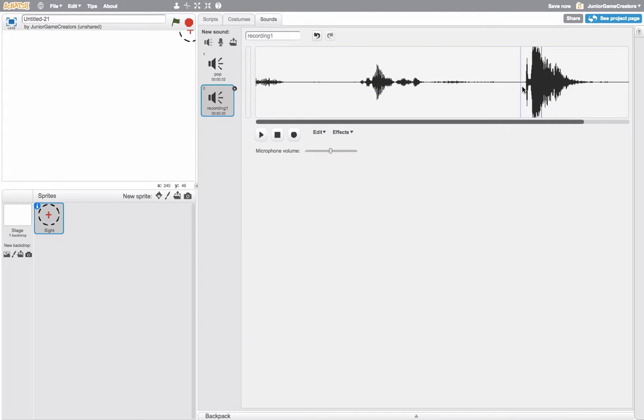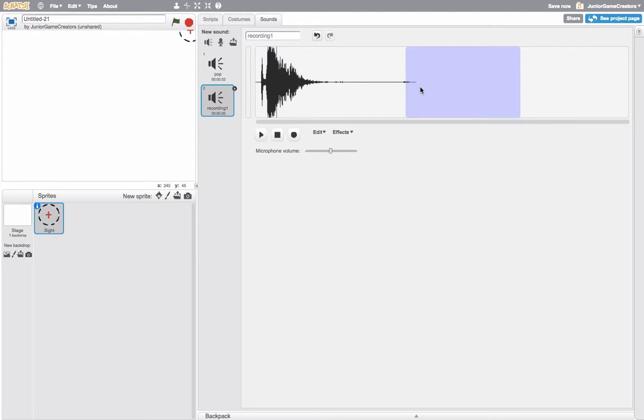So what I can actually do is I can delete all that, and then I can delete all this, like so. And now if I hit play, so click to the beginning, I've got my little gun noise. Now you can make it sound whatever you want, but I just wouldn't make it too long. I'm just going to trim this bit off there. So that's my gun. I'm sure you can do better than me, but I'm going to save that as gunshot,